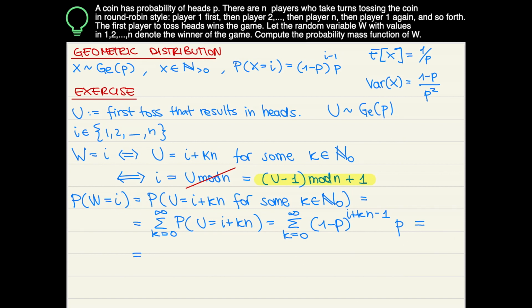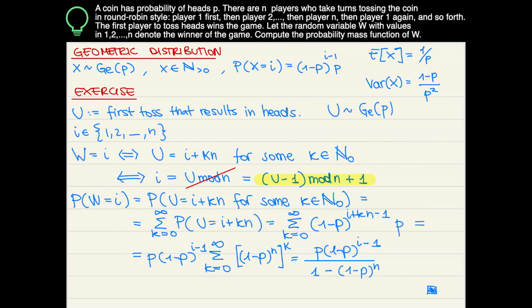We can take out of the summation p times (1 minus p) to the power of I minus 1, which multiplies an infinite sum from k equals 0 to infinity of ((1 minus p) to the power of n) to the power of k. This is a geometric series whose sum is 1 over 1 minus (1 minus p) to the power of n. This last formula represents the probability mass function of w evaluated at I. For example, in a game with 5 players, if you are player number 3 and the coin is fair, then your probability of winning is